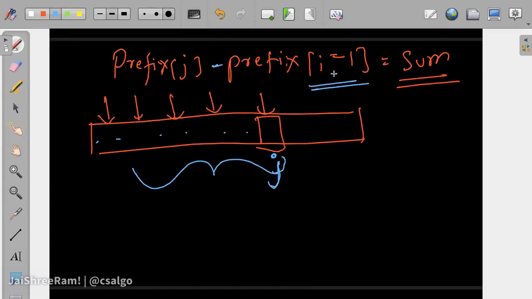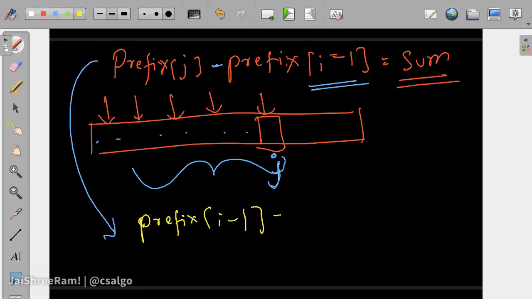So now we need to count the number of indexes i such that prefix of i minus 1 will be equal to, so we can rewrite this as prefix of i minus 1 is equal to prefix of j minus sum, right?